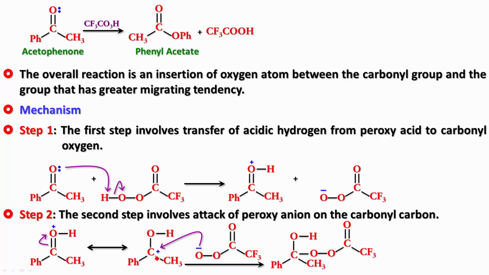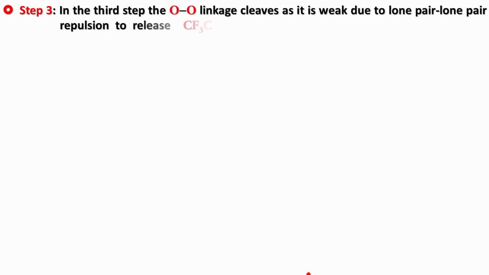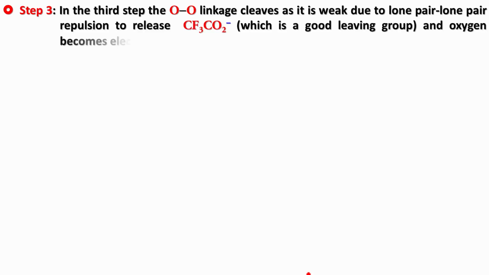In the third step, what happens is, and this is the rate determining step and the very important step, the OO bond breaks, because remember, it has got lone pairs. The OO single bond is a very weak bond because of the repulsion between the two lone pairs on oxygen, and that would make this bond very weak and it breaks in favor of the O on the right side. So that is step 3. In the third step, the oxygen-oxygen linkage cleaves as it is weak due to lone pair repulsion